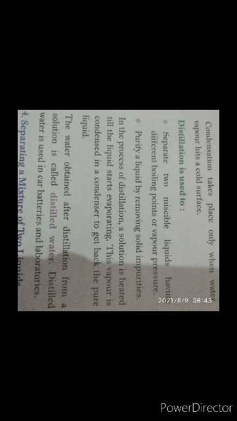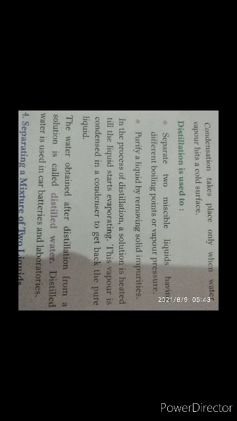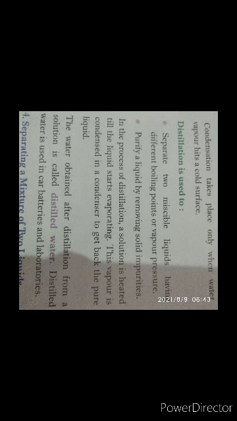In the process of distillation, a solution is heated till the liquid starts evaporating. This vapor is condensed in a condenser to get back the pure liquid.